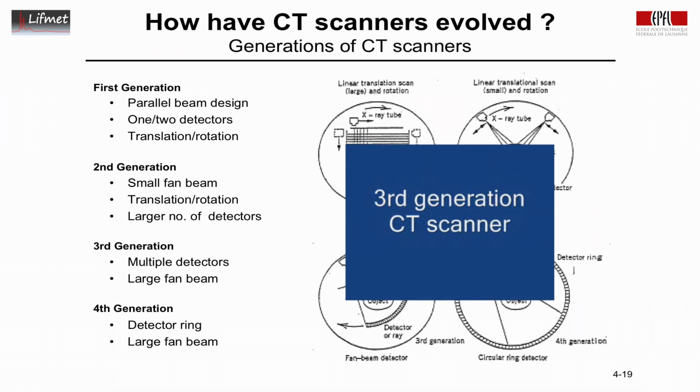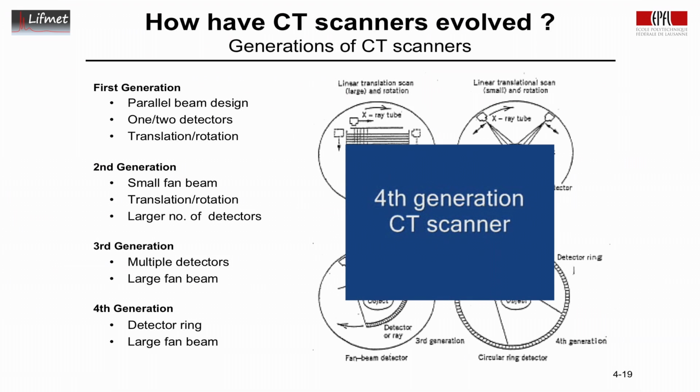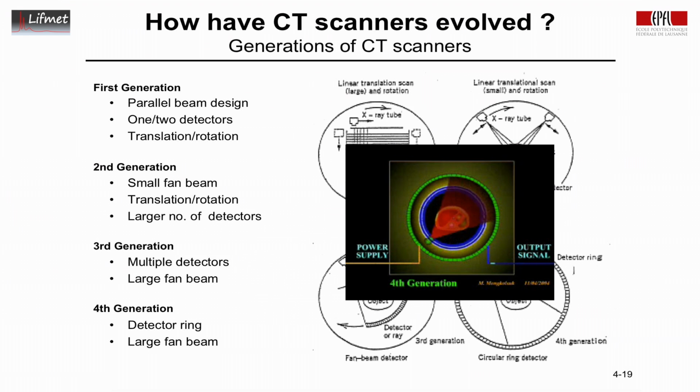We start with the 3rd generation, multiple detectors. Then we have the 4th generation. We have a detector ring, a large fan beam, and nowadays the scanning is done as the subject continuously moves through the scanner. This gives a spiral way of scanning the subject, very efficient. You can scan an entire body within a few seconds and then reconstruct it. Obviously now possible with today's